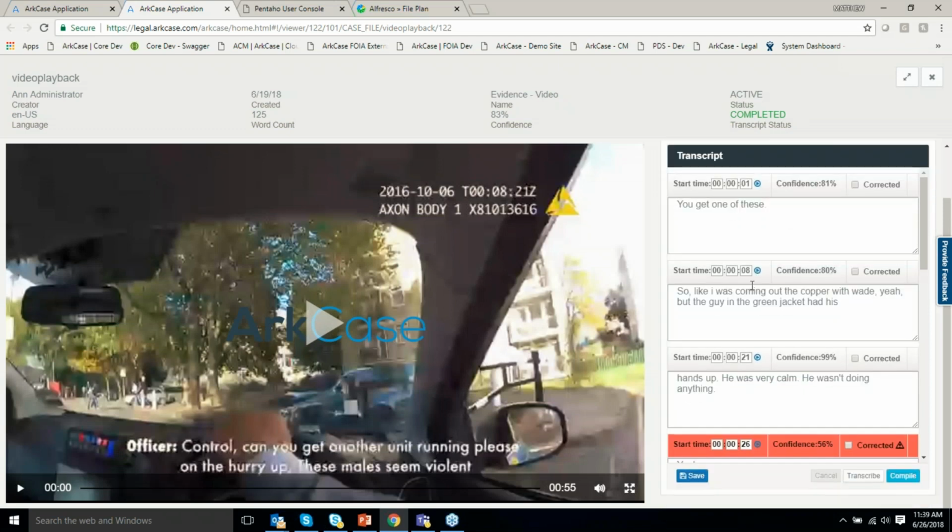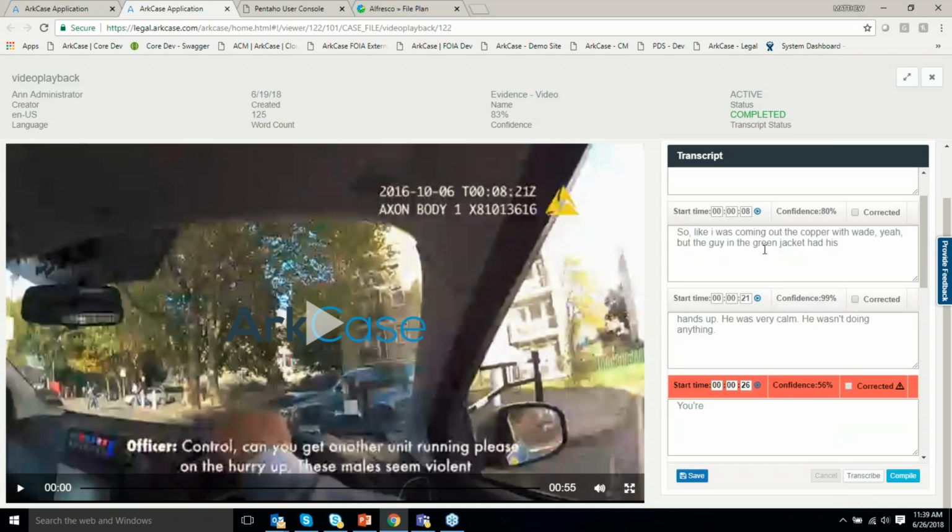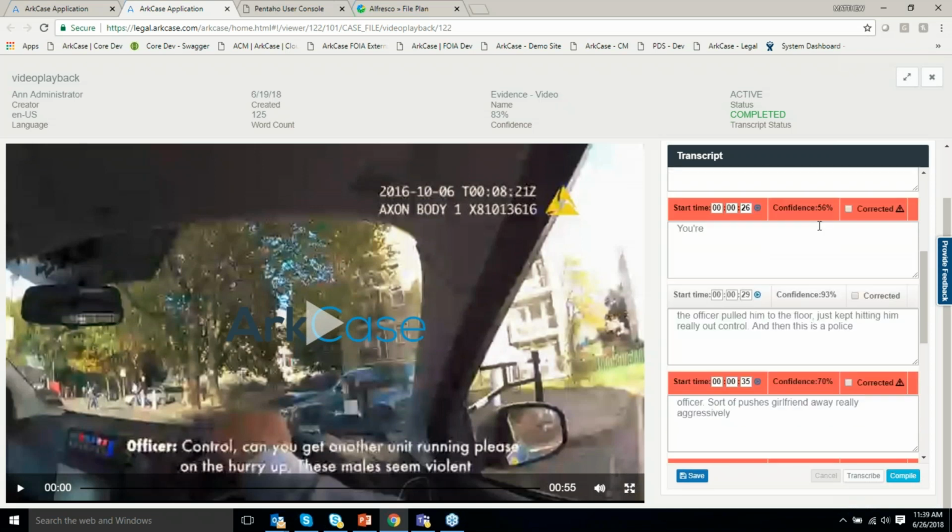And you can see here in the transcription section that you actually have control around confidence. That's controlled through configuration and admin. And you can see that most of these sections have come back as pretty confident. If it's not confident, it will flag it if it's under your threshold. And then you can go in and click on correct it, and you can correct this information. You can even jump to the 26th second in the video and type as you listen to the video. So once again, it'll at least get you to a point where it's transcribed it automatically,